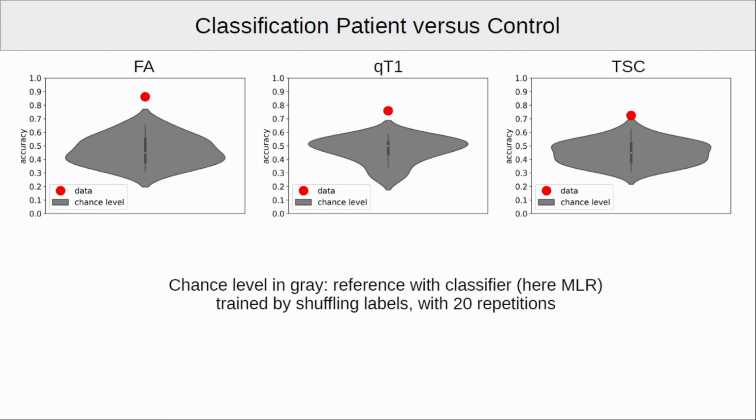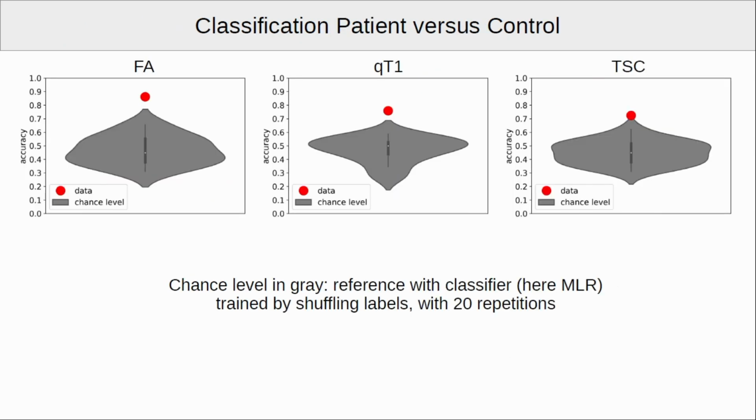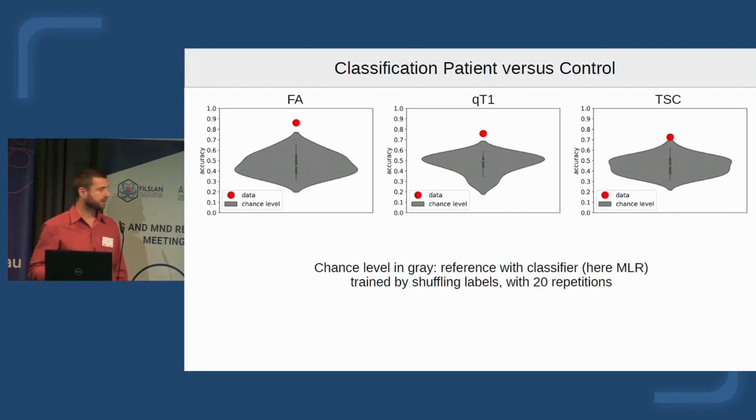And so if you now represent the performance, that means from each modality, we can count the number of good predictions, and we plot it here, so those are the red dots here. And to understand whether this prediction is good or not, we calculate a chance level, which is the distribution in gray here. We do that by performing several repetitions of shuffling the labels that we train the algorithm with.